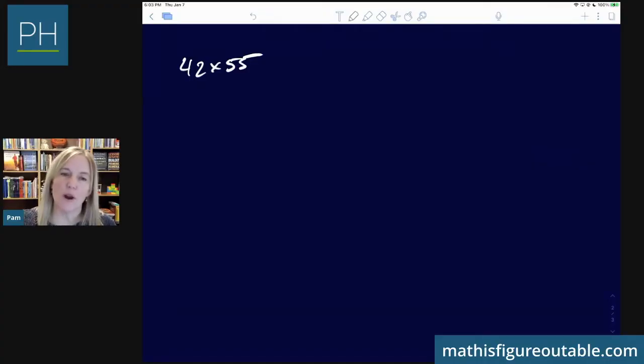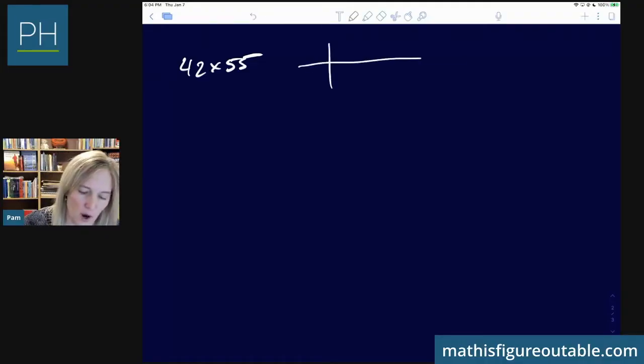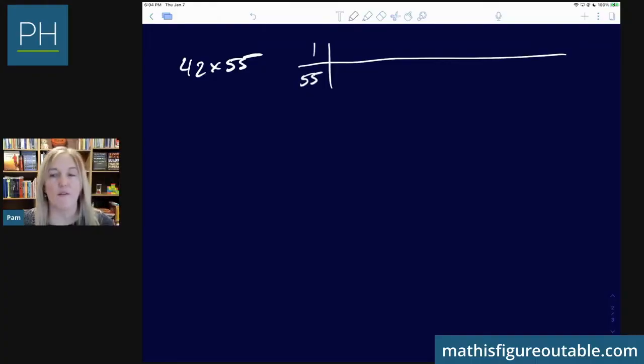How could I use a ratio table to do that? Now, I'm going to do this in a couple of ways. First, let's do a strategy that I see common in beginning students who might solve a problem like this. So they might say to themselves, I'm trying to find 42 55s. And so in order to do that, they're thinking about 55. So I'm going to do a horizontal ratio table, and I'm going to think about 55s. And I need to find 42